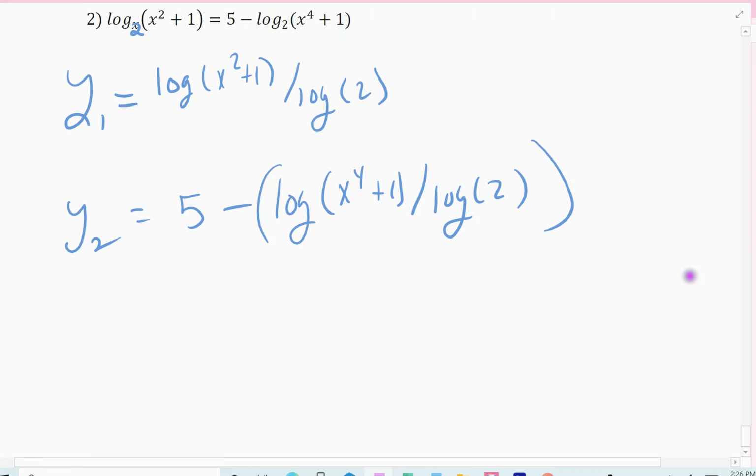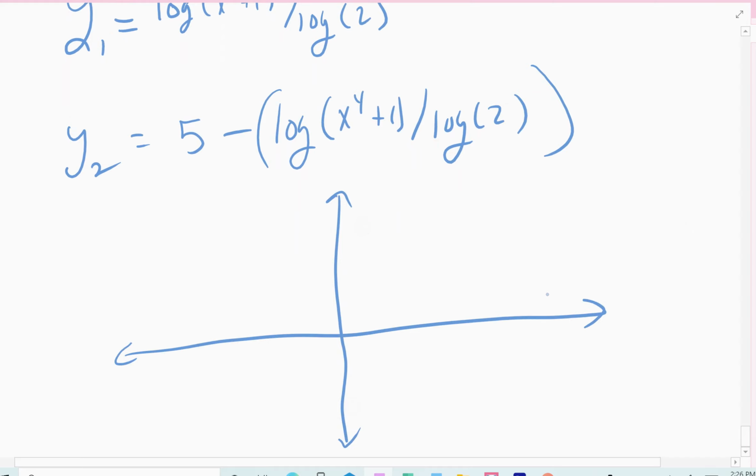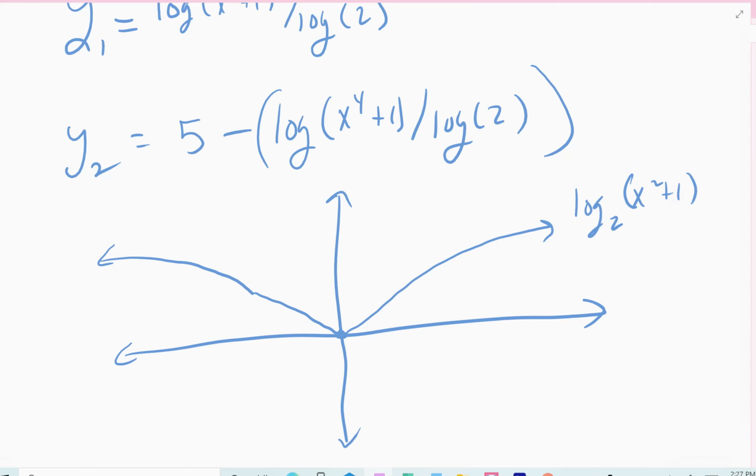Alright, so I got my 2 functions here. My first function, y1, I'm going to draw in blue, and then y2 I'm going to draw in red. So the first function is almost a V shape. It looks like it does come down and hit the origin, so that first function is coming down like that. That's the log base 2 of x squared plus 1. And then in red, I'm going to draw